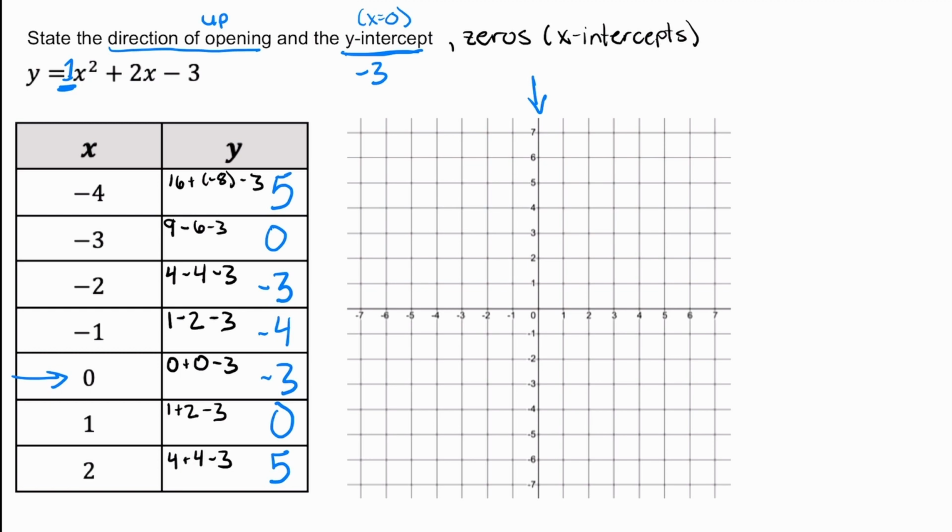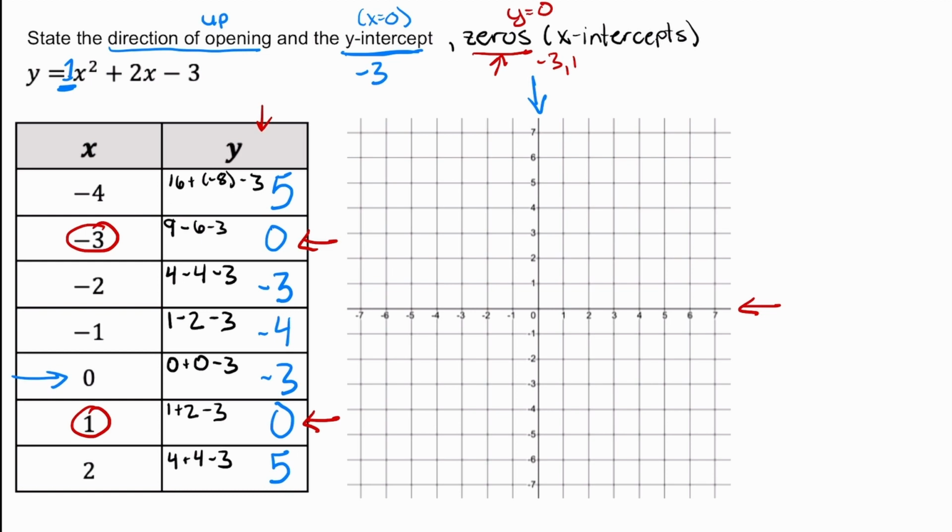And then looking for our zeros, where do the zeros occur? So the zeros occur when y is equal to 0. So somewhere along the x-axis. So looking at our y values, we see that we have two values where y is equal to 0. So our zeros are going to be negative 3 and 1. So from this, what can we determine? Well, we're going to be able to graph it, but we can also determine where our zeros are, which means